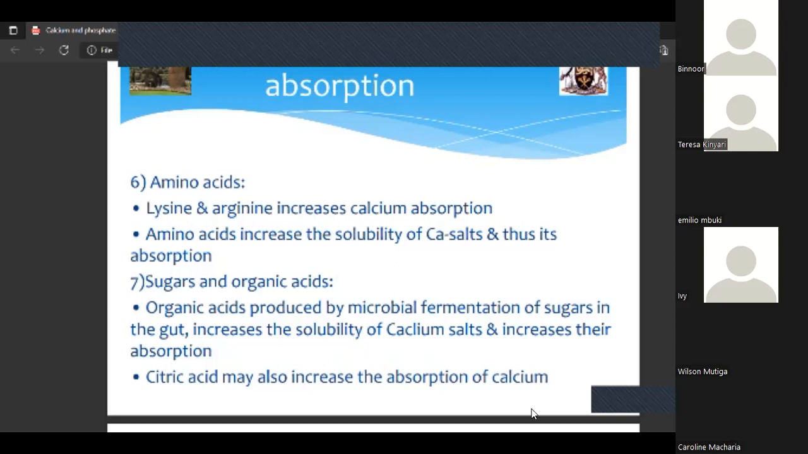Citric acid, this is oranges and any kind of fruits that have vitamin C. Citric acid will also increase